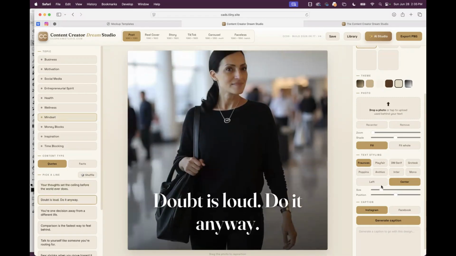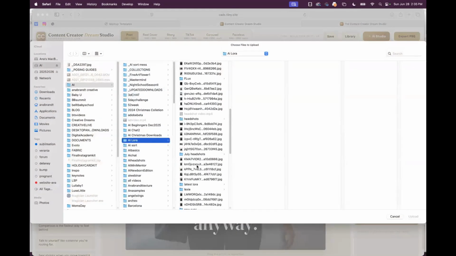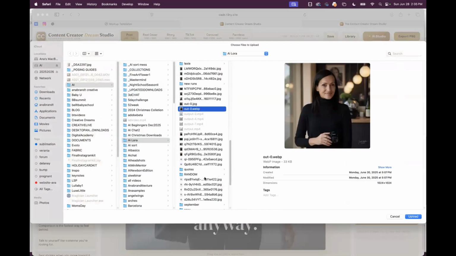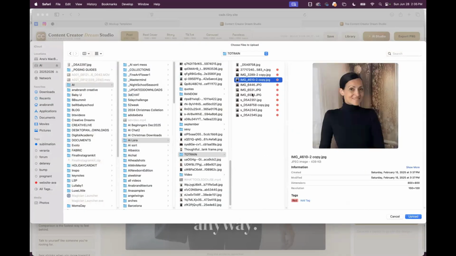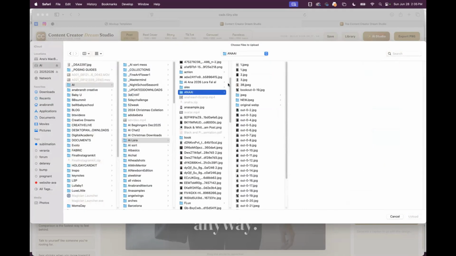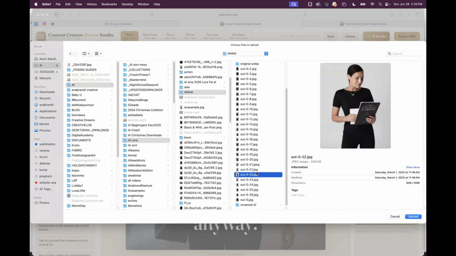You know, you can print these as stickers. You could print them as posters on your wall. You could sell these. You could create content for other people. There's people that like to do faceless channels. So a faceless channel just means that you're not looking in the camera. So these are all my AI images. So let's just say I pick an image where I'm not looking at the camera.